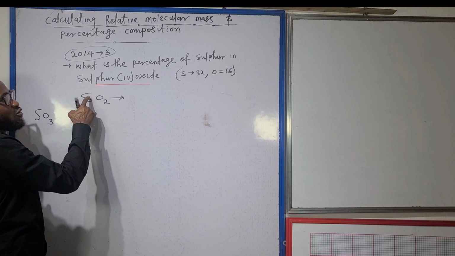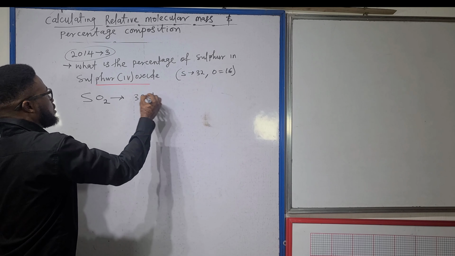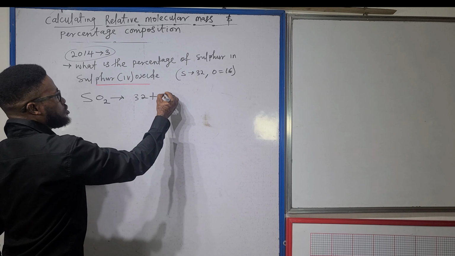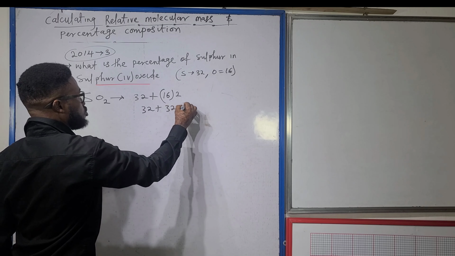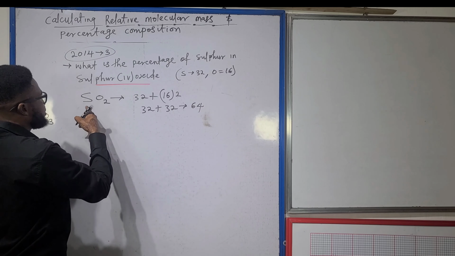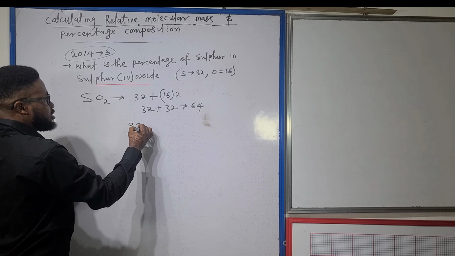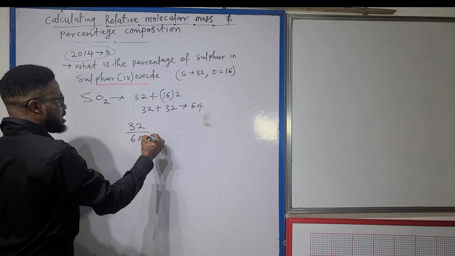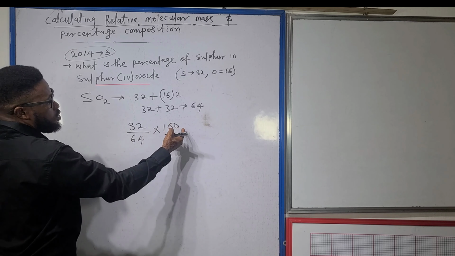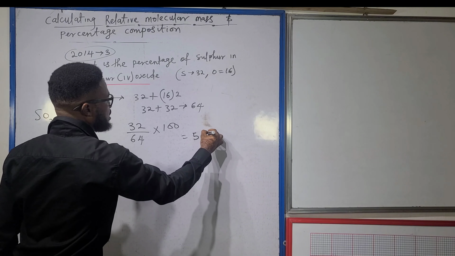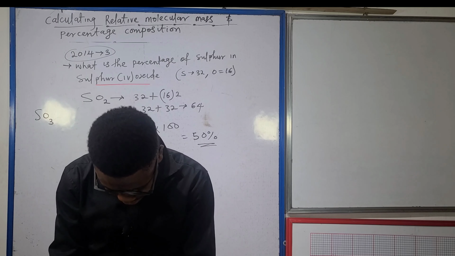Talking about sulfur(IV) oxide, its mass is actually 64. If we have to calculate, sulfur is 32. Oxygen is 16, 16 times 2, so that is 32 plus 32, that is 64. So when you say percentage of sulfur in sulfur(IV) oxide, sulfur is actually 32 out of a total of 64, times 100. So 32 divided by 64 times 100 is going to give you 50%. And when you look at the options that you have there, that is rightly